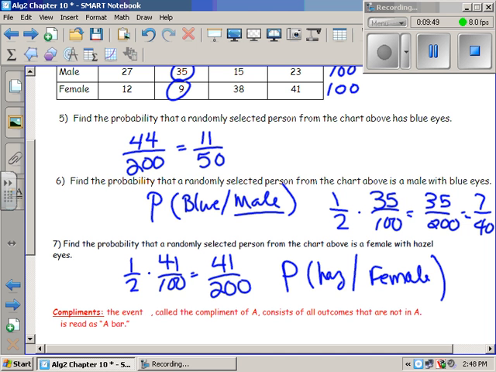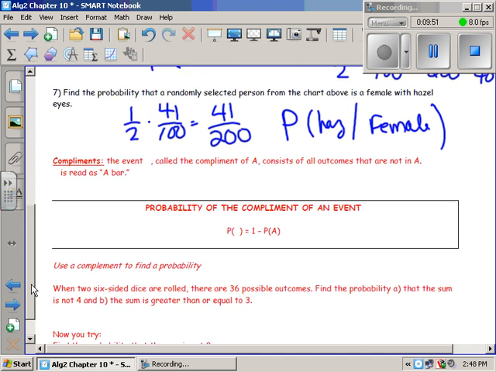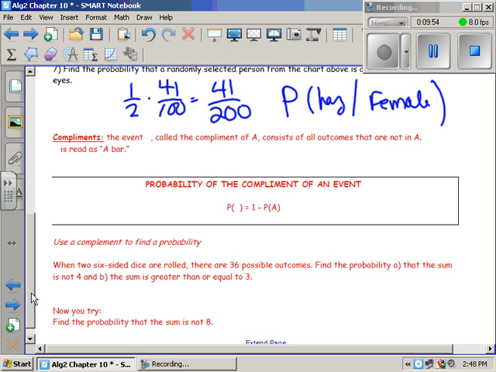Okay? All right. The last category we're going to talk about today is complements. Okay? A complement is the opposite of an event, or everything besides the outcome you're trying to talk about, the positive event. Okay, and it's read A bar. So if you think about, like, let's say I'm rolling a die, and I want the